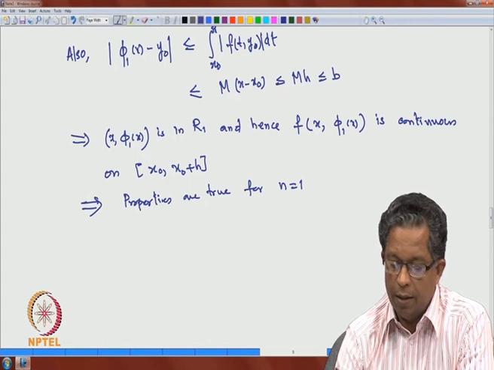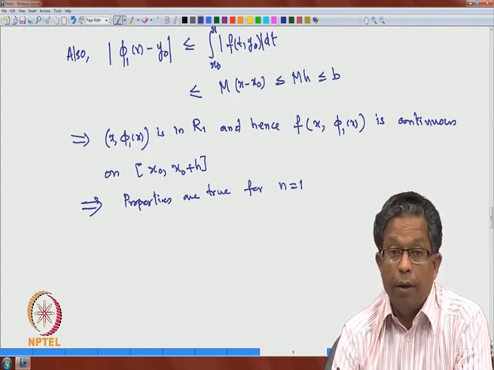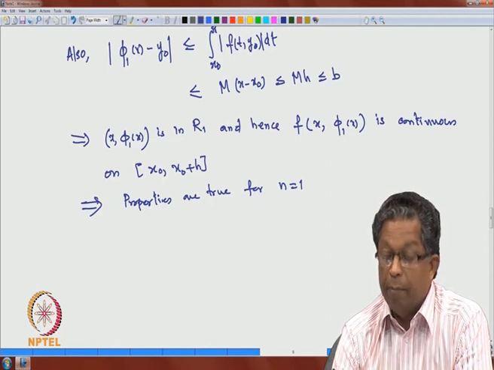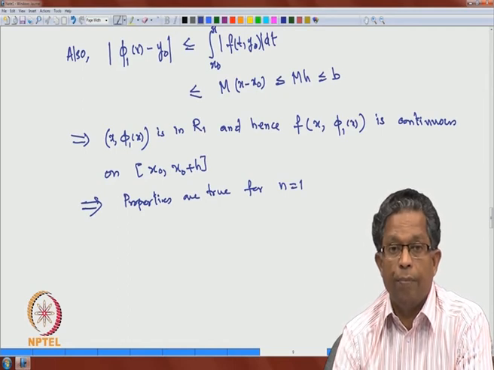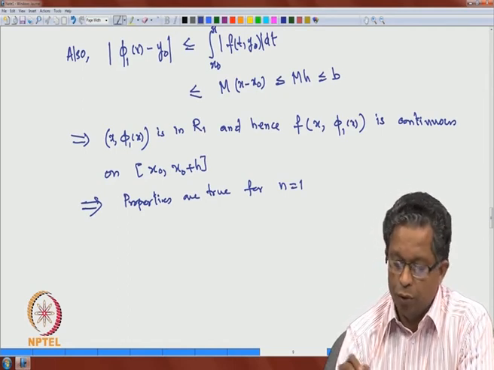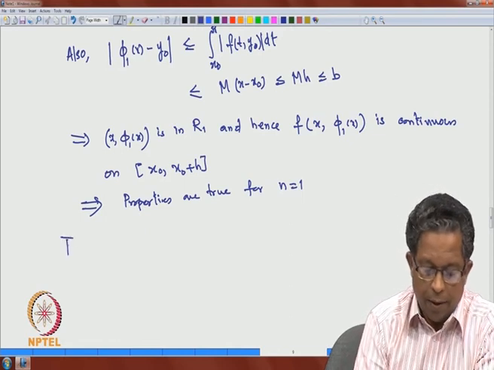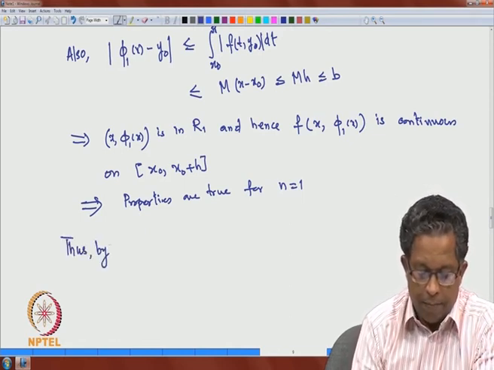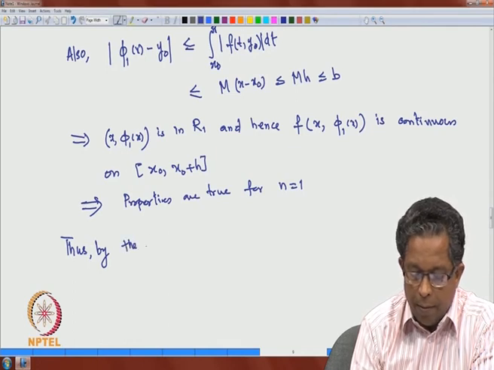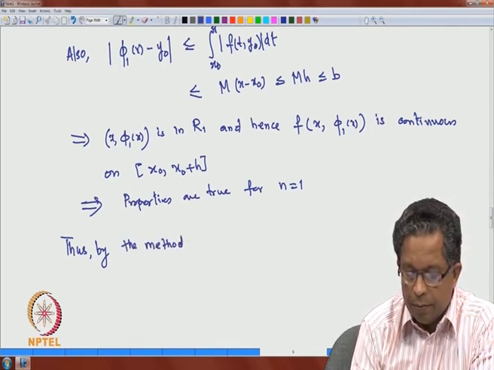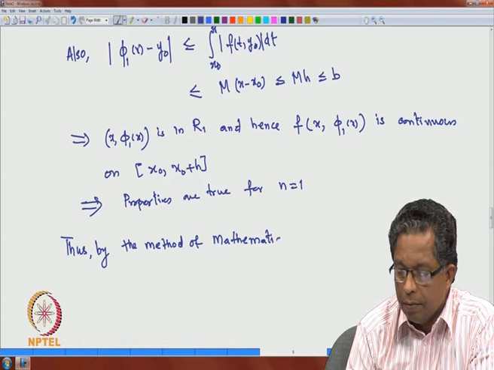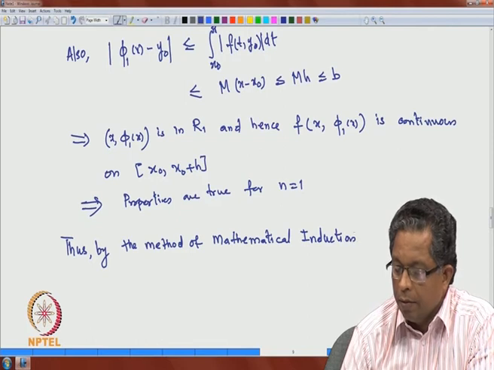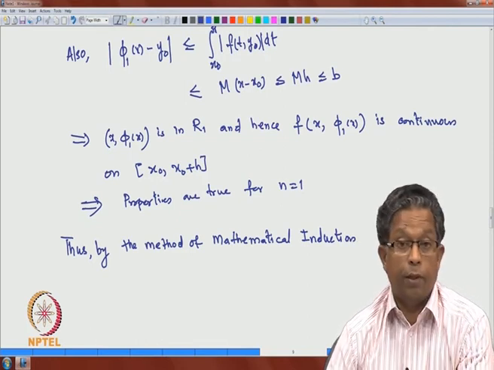These properties are true for n minus 1, that is what we assumed, and from that we have proved that it is also true for the case n, and it is also true for n equal to 1. Thus, by the method of mathematical induction,